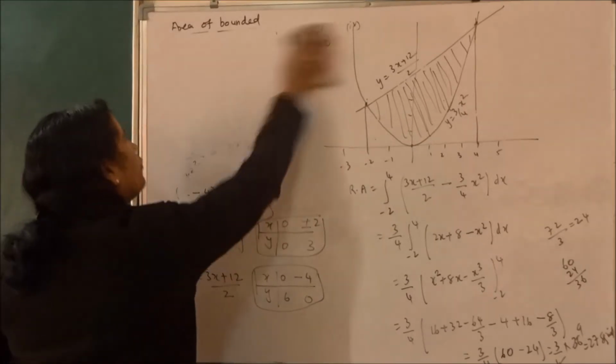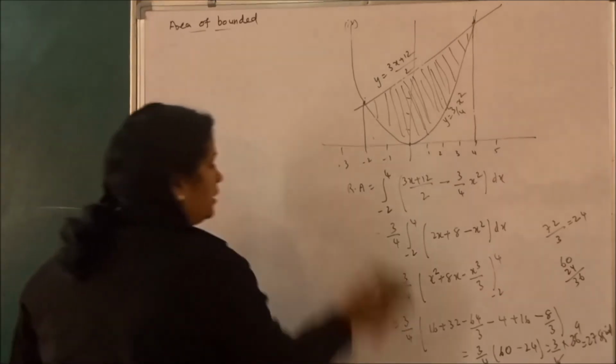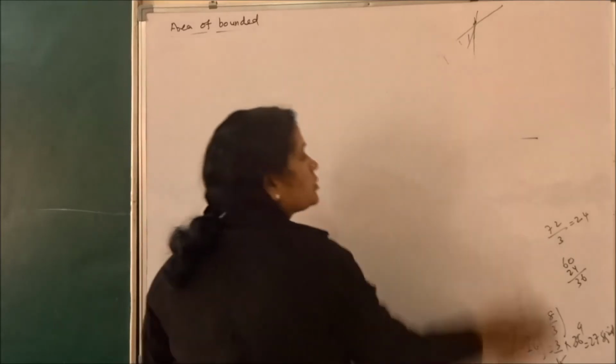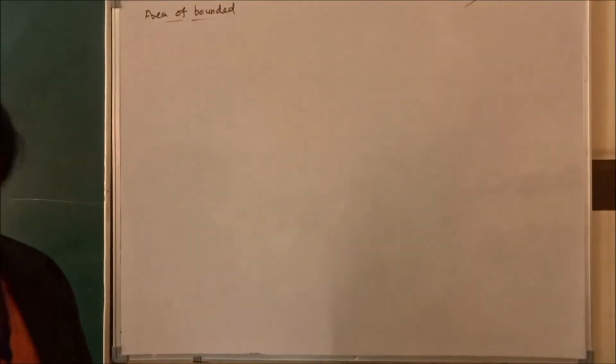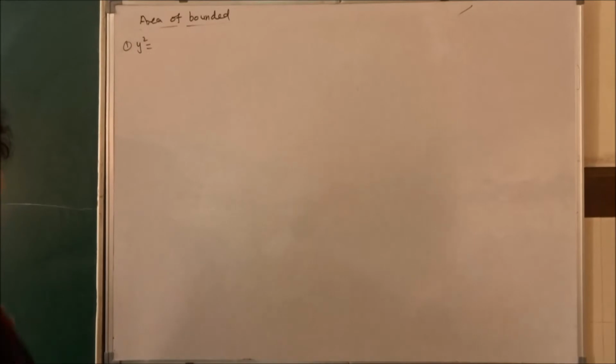Okay, fine. Now let me take another question. Another question I am taking for this area bounded. I hope you are clear, but at any cost you have to follow these 5 steps. Don't miss these 5 steps. Okay, clear? Then another question: find the area of the region bounded by what they have given here,